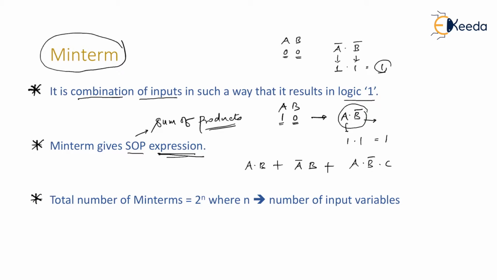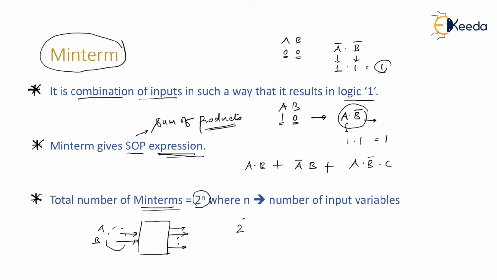Then the total number of possible min terms is always equal to 2 raised to n. This relation is very, very important. 2 raised to n is the maximum number of min terms possible, and n indicates the number of input variables. For example, if you have a circuit having two inputs and some multiple outputs, the number of outputs doesn't matter. What matters is the number of inputs. Check it out. How many inputs are there? There are two inputs. Let us assume those inputs as A and B. Since the number of inputs is 2, how many min terms are possible for this?